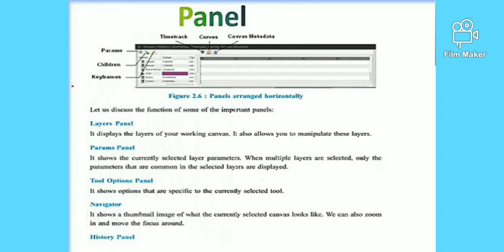The layer panel displays the layers of your working canvas. In the center of the user interface is where you can work; it is known as the canvas.